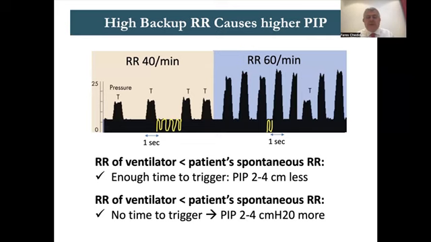If the patient is breathing 50, 55 per minute, go down to 35, 30 per minute. Let the patient breathe more than the ventilator. This way you are 100% sure of two things. First, he's not hypocapnic because he's breathing. And second, he is triggering, so he will need less PIP and he will have less barotrauma.